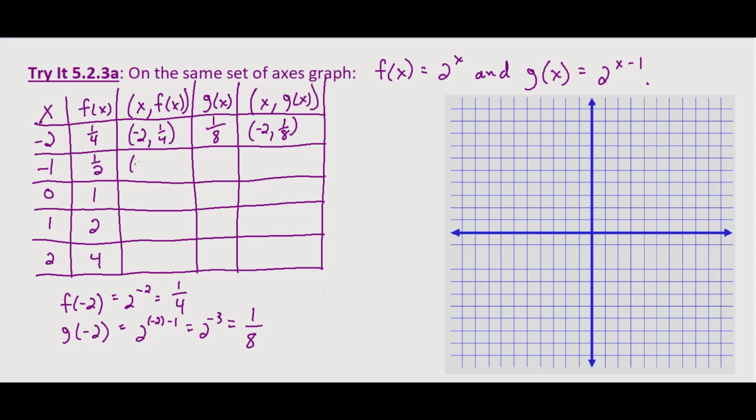That's going to give us the points -1, 1/2, 0, 1, 1, 2, and 2, 4. So we'll go ahead and graph f of x by plotting these points. So at -2, it's 1/4. At -1, it's 1/2. At 0, it's 1. At 1,